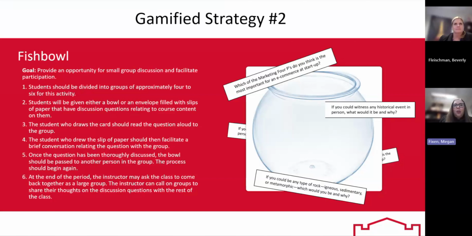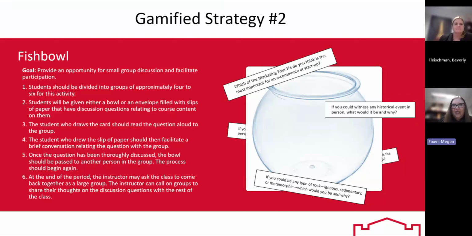And they're going to start out by again reaching their hand into their envelope or their fishbowl, and they're going to pull out a discussion question. So the first person is going to read the discussion question out loud to the rest of the group, and then the group together is going to work to answer it. Now, the person who drew out the question is going to be the person who has to try and facilitate the conversation.